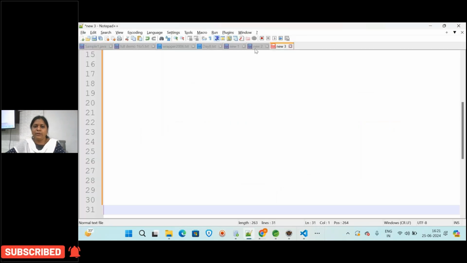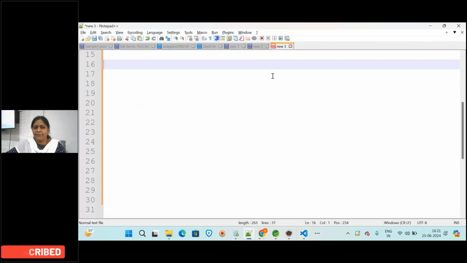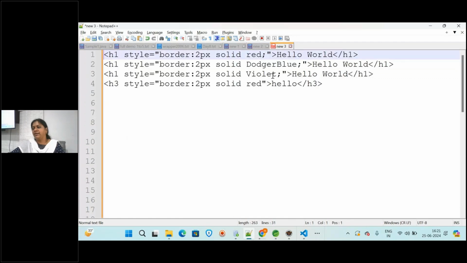Like how you will be giving is, you will be writing the h1 tag, and you want the color and the border. In the style attribute you will be giving border, and how many pixels of border means the thickness of the border, how much the border thickness should be, that is 2 pixels, 3, 4, how much thickness you want you can provide. And what is the color, red or blue or violet, whatever the color you want you can apply to it. So what you have to write, border, how many pixels, and then solid and the red color or whatever it is.